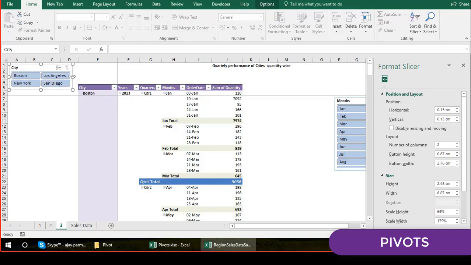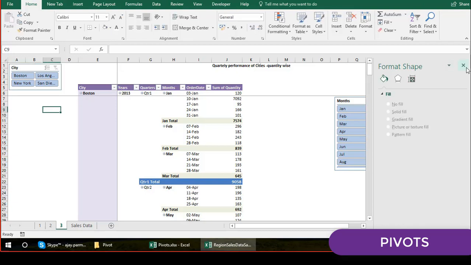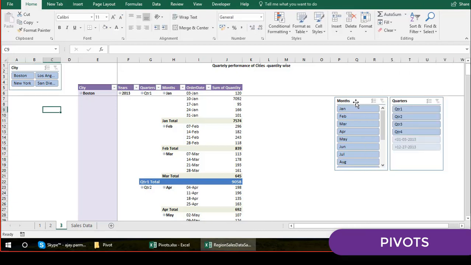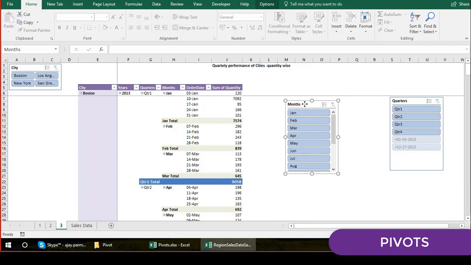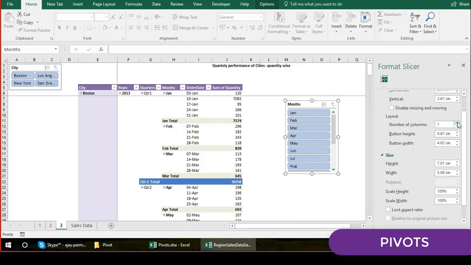Okay, I further go and reduce this, and now let's go and talk about the month. So in the month I go and first of all I right click, size and property, let's go and convert this first of all into maybe these many months, right? So we go, and you can also reduce the height from here, these buttons, or from here, that's all up to you, right?